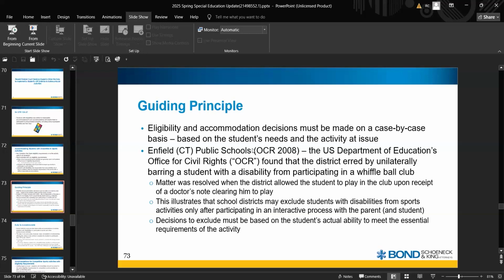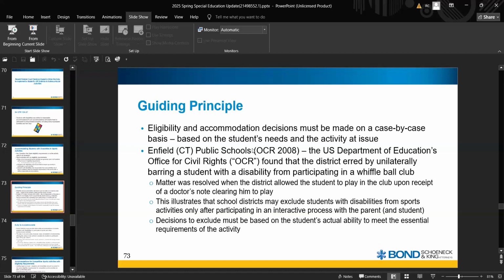you can't play. You have a disability. They were worried the student's physical disabilities would make it dangerous for him to participate. The district asked the parents to get a doctor's note clearing the student to play. Now, this sounds pretty generic. What's the big deal? They asked the kid for a doctor's note. But it showed